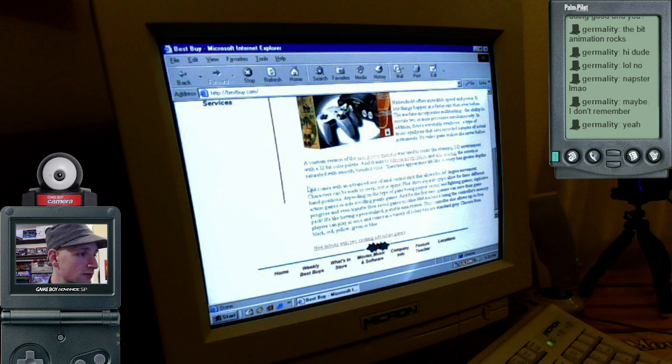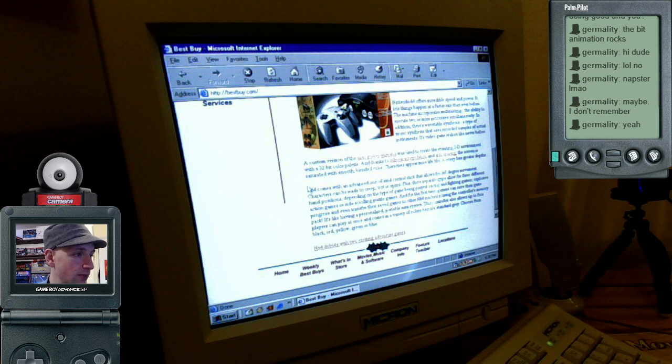Tomb Raider, Fighting Vipers. No mention of Nights into Dreams. I'm surprised. Alright, Nintendo 64. So they have sections for Cruis'n USA, Star Wars Shadows of the Empire, Mortal Kombat Trilogy, Wayne Gretzky's 3D Hockey, Pilot Wings, Mario 64. So I'm a big Nintendo 64 collector, and of these games listed here, I have Cruis'n USA, Star Wars Shadows of the Empire,